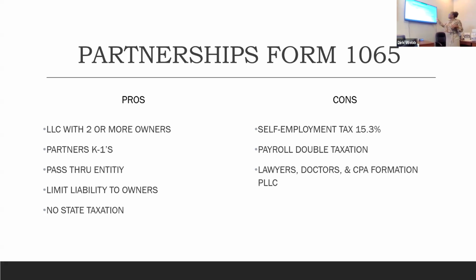The downfall of this type of entity setup is that even though you're using a separate corporate tax return, when you pass it through to your personal tax return, you're still gonna get hit with the 15.3% self-employment tax. So whatever profit you have, when it gets to your personal tax return, you still get hit with it. And then if your partnership has a payroll account already, you're being double taxed because you're paying through the payroll that self-employment or FICA, Social Security, Medicare, and then when the profit gets to your personal tax return, you're gonna pay it all over again on the profit.